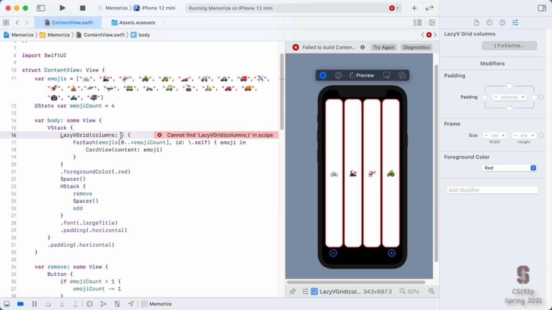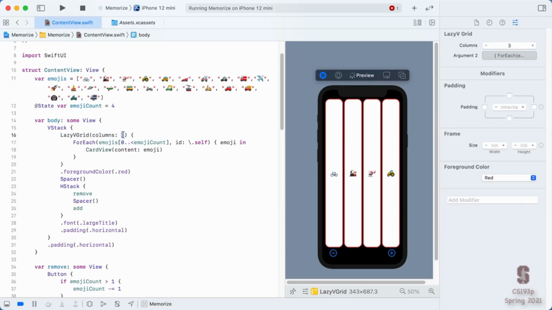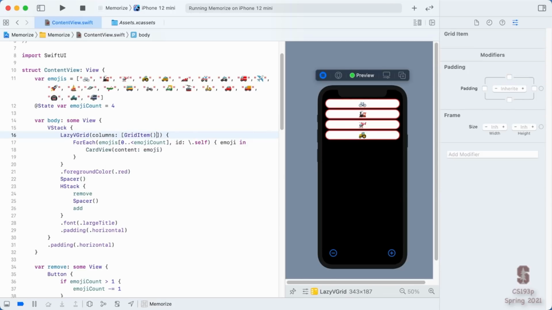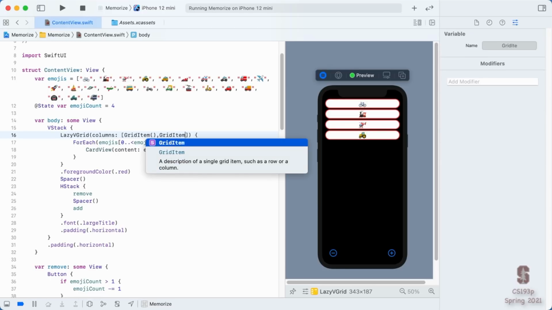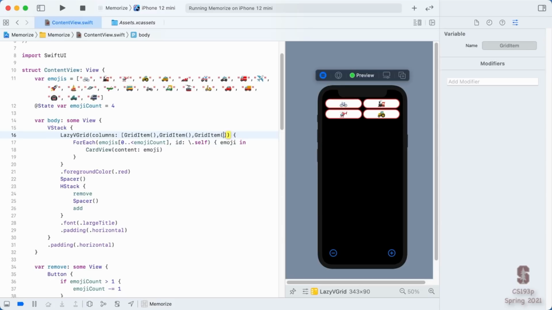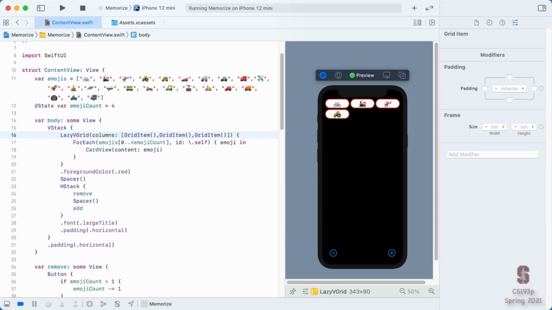So this is really great. Unfortunately, you can't specify the number of columns just by putting the number here, like 3 columns. Instead, you put an array of grid items. However many grid items you put here, there's 1 grid item, here's 2 grid items, here's 3 grid items. See, the more grid items I put here, that's how many columns it makes. Why does it do grid items here as opposed to just the number 3 that I want 3 columns?